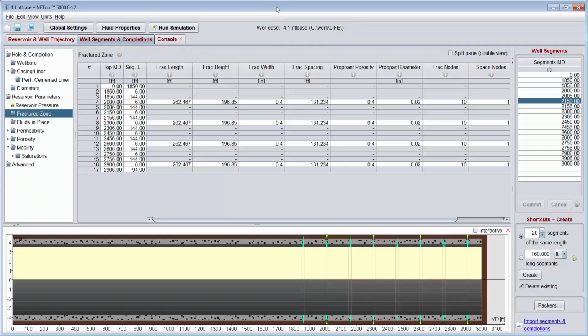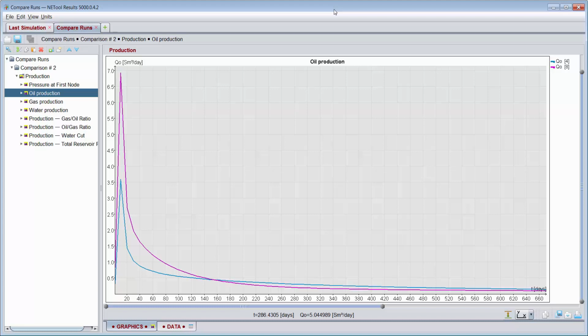The main application of this feature is sensitivity analysis for number of fractures and fracture parameters. For example, I can run the same well with 4 and 8 fractures and see production decline over time. As you can see here, the well with 8 fractures is declining faster than 4 fractures, and probably means it's